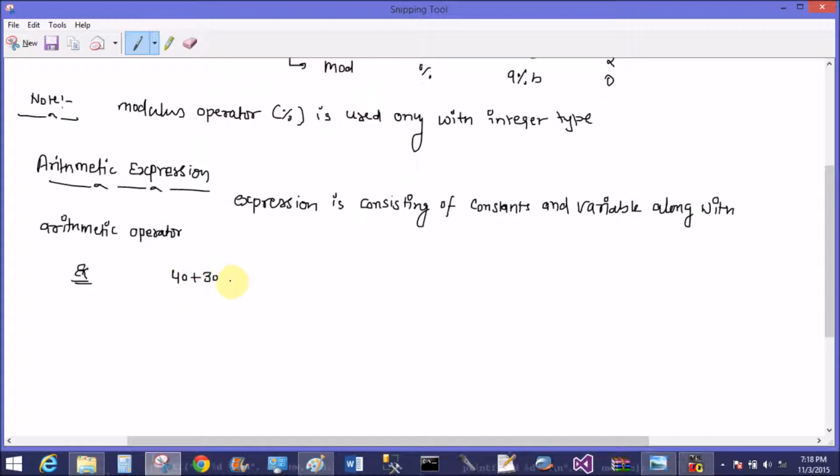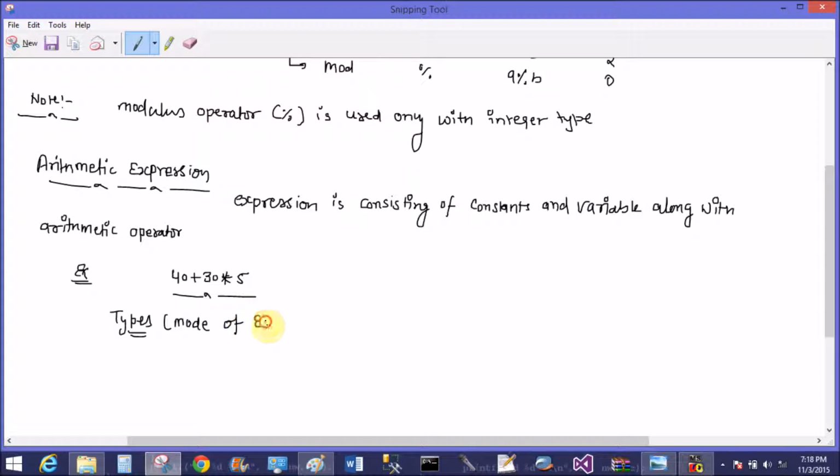Example, 40 plus 30 multiply 5. Here plus and multiplication operators are used, and 40, 30, 5 are the constants. So that type of expression is known as an arithmetic expression.